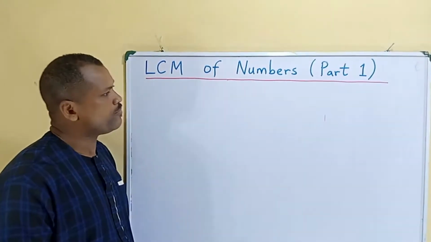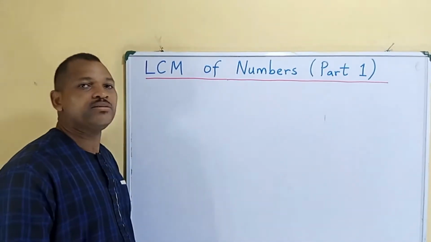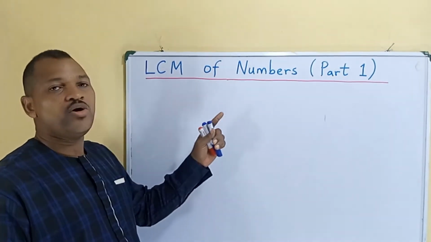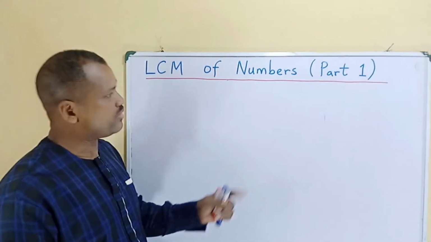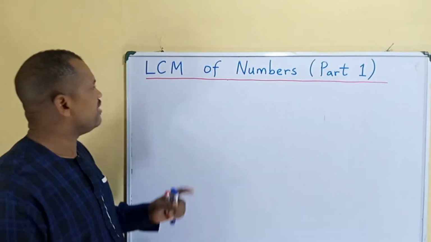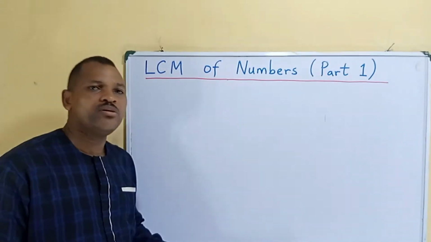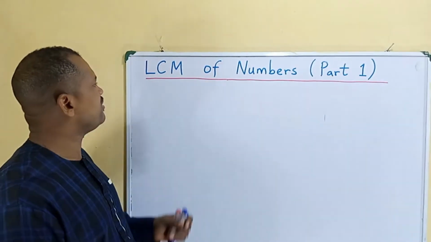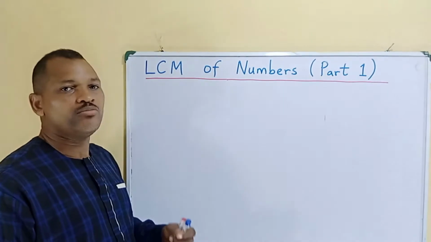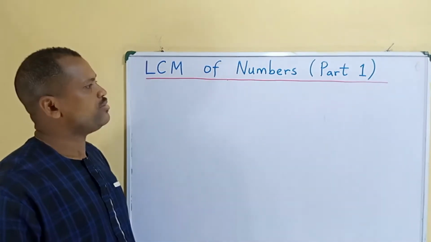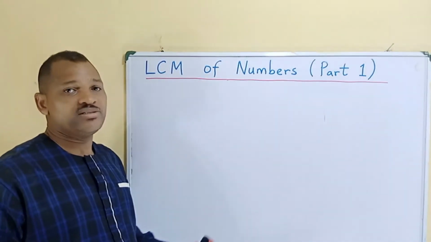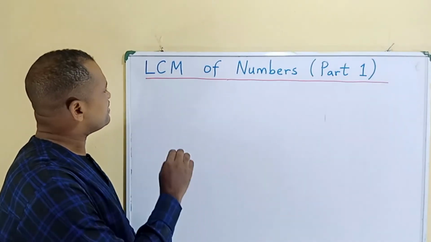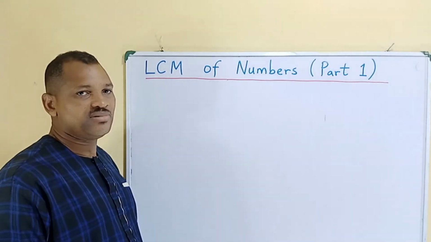In this video, we shall be looking at how to find the LCM of numbers, part 1. Now, LCM stands for lowest common multiple or least common multiple. So, there are basically 3 ways to go about finding the LCM of numbers. There are 3 ways,